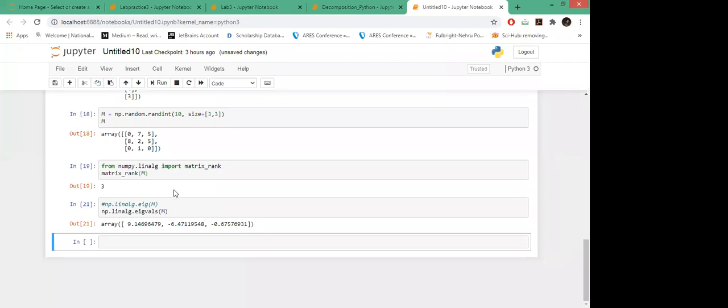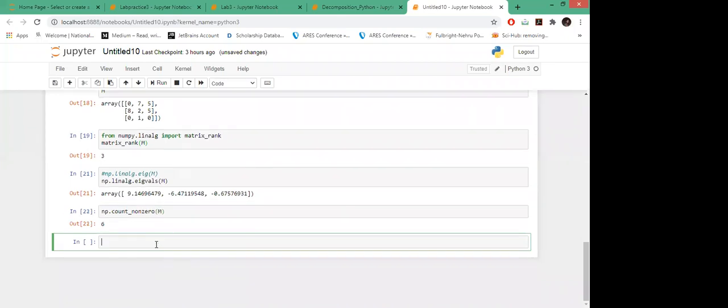Similarly, you can directly count the non-zero elements using the count non-zero function for this M. So here we have 6 non-zero elements in M.